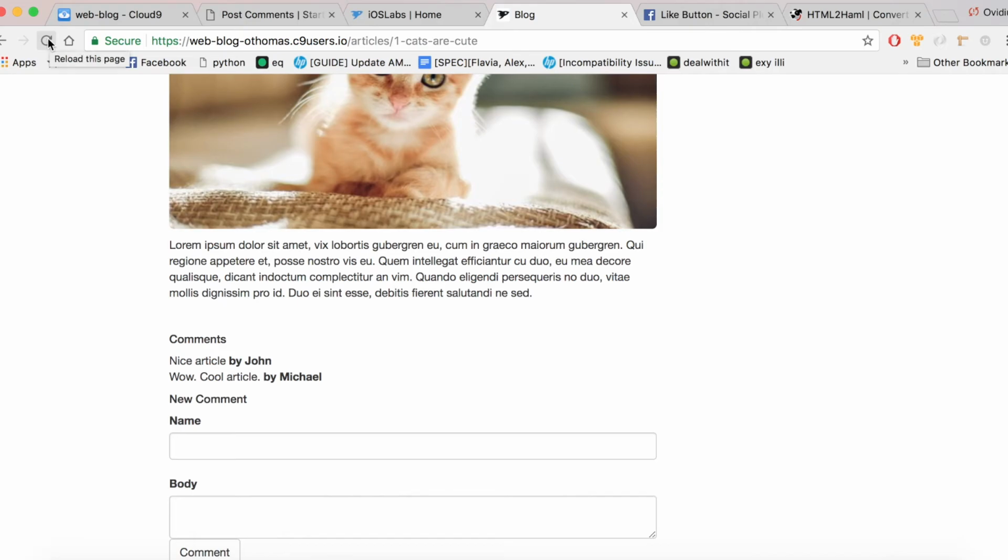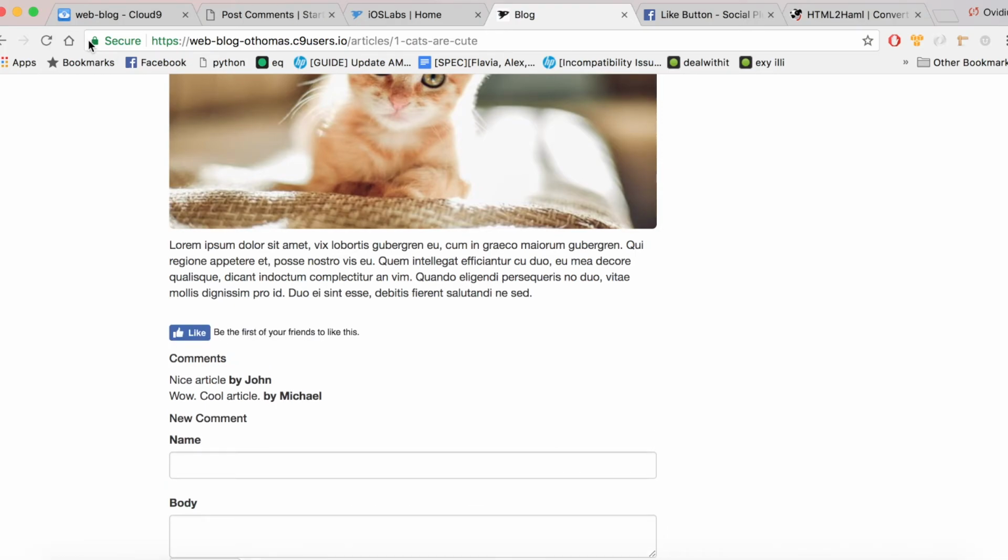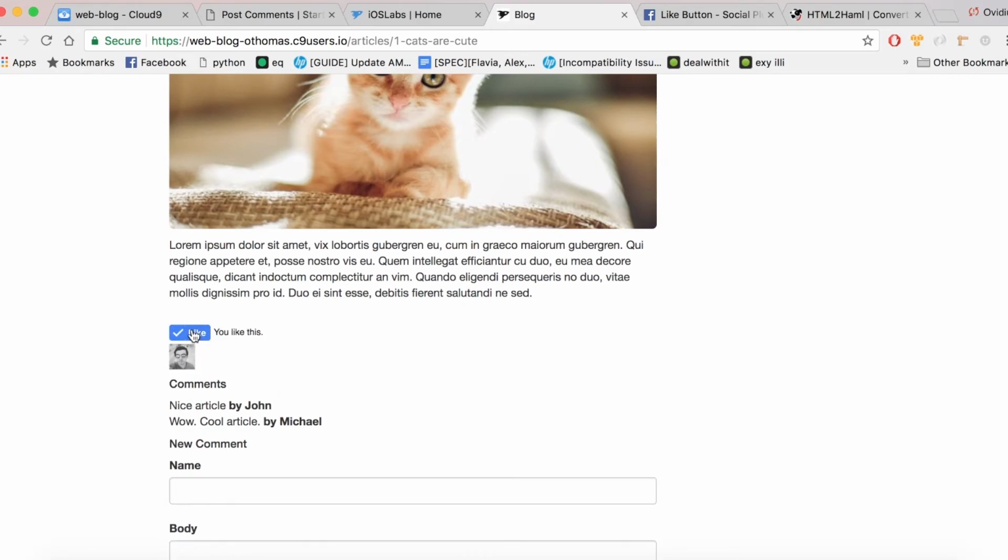Request is a variable that stores information about the current request. Alright, now we have our like button. If we click, I can see my photo under it,